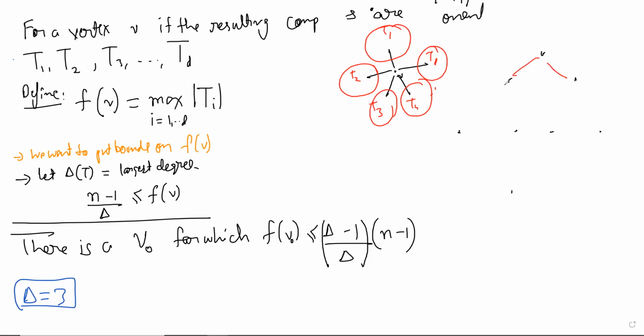Okay, then you have delta. Right? In this case delta is 3, right? It cannot be more. So if delta is 3, then you can say that in any binary tree there will be some vertex